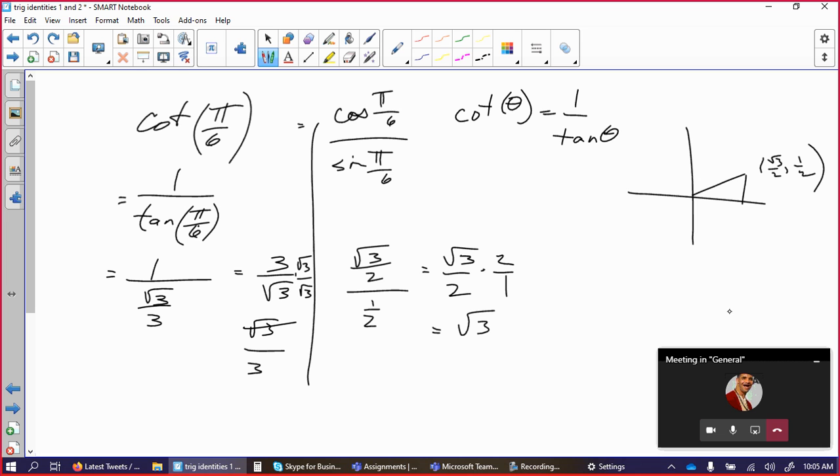I've got that done properly. Tan of pi over 6 is 1 over root 3, because the 2's cancel out. If I rationalize that,